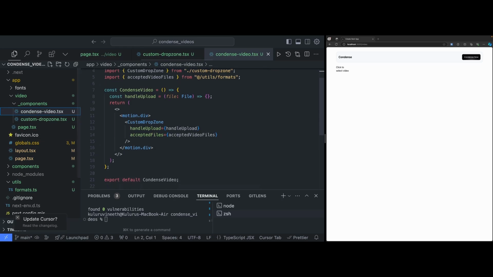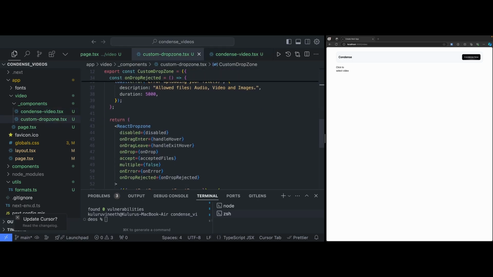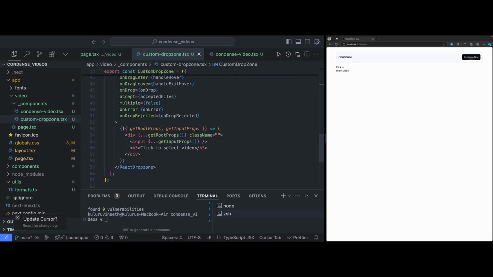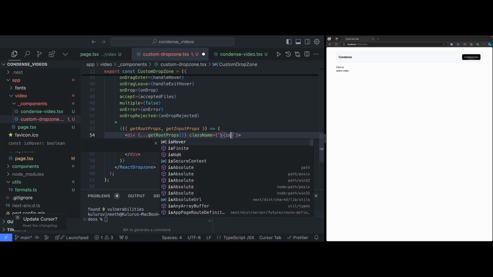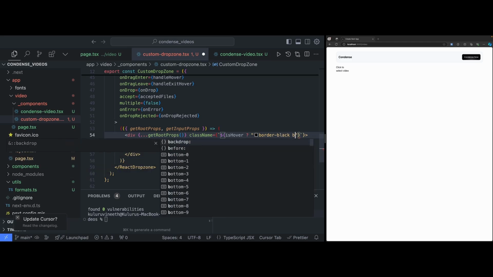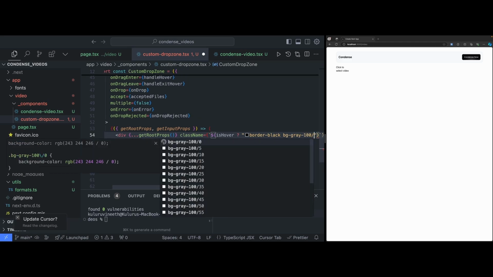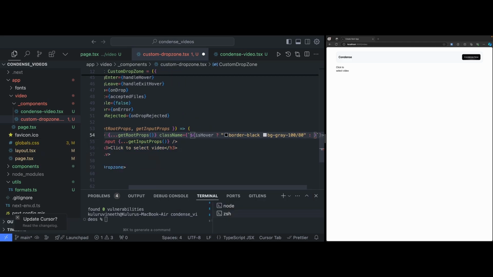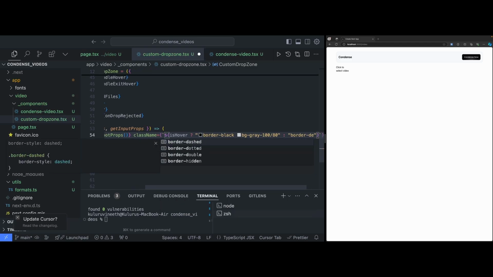Now going to this condensed video component, for this one we need to style the div for a custom drop zone component and all, only then it starts to look better. So going to this component, the div wherever we have here, let's try to style this. Okay, let's make this dynamic. That's the reason we add in this the isHovering variable also. So if it's hovering, I'm just going to add in this border color to be let's say black color, and also this background to be of gray color, okay, by 80. Okay, else if it's not hovering, we'll just have this border or this default gray color. Okay,